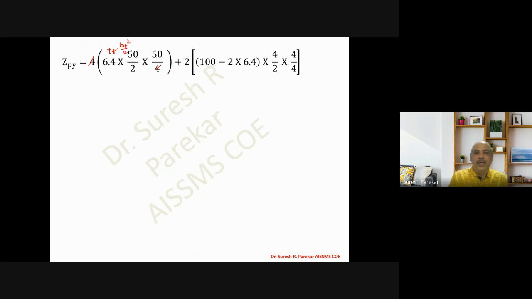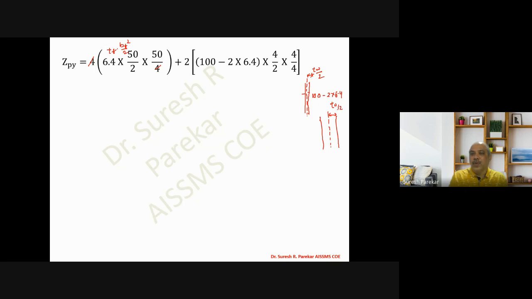Same we have used over here, plus 2 times we have considered now here web. If you have this as web and you have this web as TW, so we have this as TW by 2. So we have 2 times, and this distance we have, that is 100, which will be depth minus 2 times thickness of flange. And then we have 2 times, because we have above this or on this side and on this side. We have this as center. Now your plastic neutral axis will be at center. This you have TW by 2.